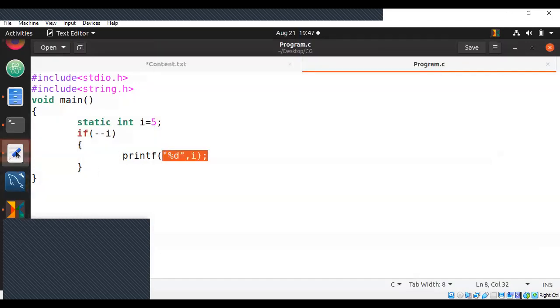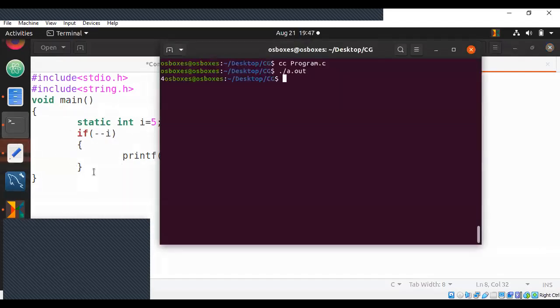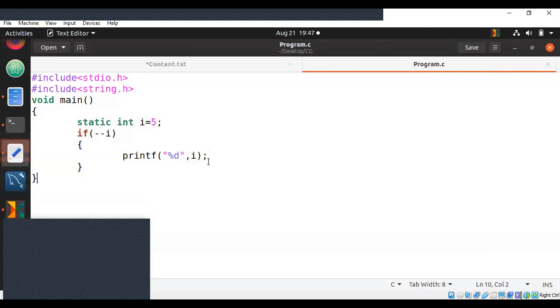For those who are saying error, it's not an error. It prints exactly 4. Remember, it is pre-decrement, not post-increment. For those who got it as 5, observe this is pre-decrement, not increment. You're decrementing i by 1 first. After decreasing, you're printing it. Now, let me make a small change in this.